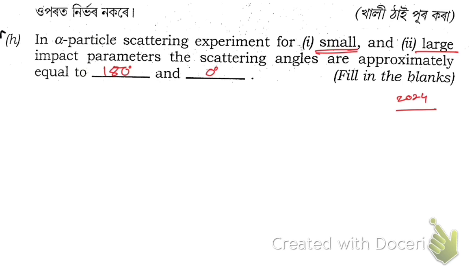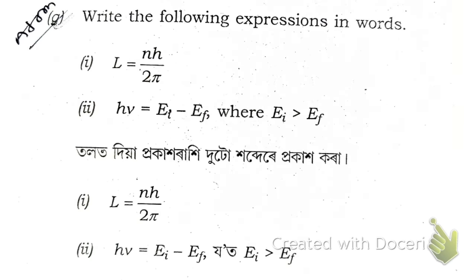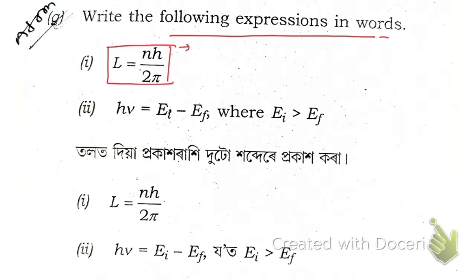Now let me take the next question. Here you see, write the following expression in words. This is nothing but Bohr's quantization condition of angular momentum. So how to write this in words? Okay, this is Bohr's quantization condition of angular momentum